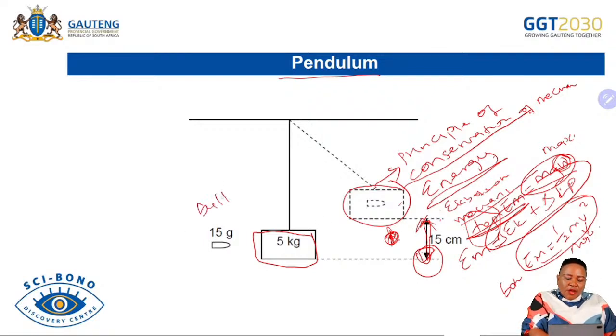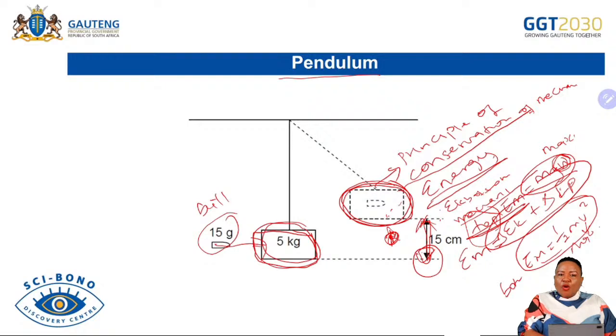This is a bullet before it hits this block. So they can even say, calculate the bullet and the block's gravitational potential energy in this system, because this was a bullet and this was a stationary block. The bullet hit the block, so obviously there will be a collision between the bullet and the block. So there is a relationship of momentum and energy already in this kind of activity. And then after hitting the block, the block and bullet system started to swing like this to this height, and the height was 15 centimeters.